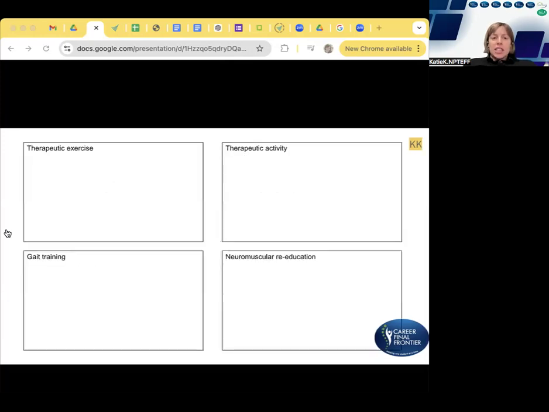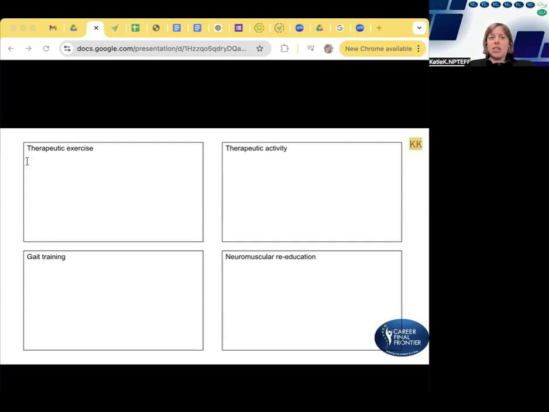Okay, so let's practice, because some of the hardest things when you're starting out especially is like, where do I put what? What do I do? Even I made a terrible mistake in the beginning where I just threw everything under therapeutic exercise because, whatever, it's all exercise. So I thought it would be really helpful if we just take time to go through and do these four main ones. The majority of your treatments are probably going to be one of these buckets. So I'm just going to type in the boxes so that it's on the recording, and when you get it, you can see it. But I also want to hear from you guys. So let me get my text box. Let's do one at a time. So let's all do therapeutic exercise.